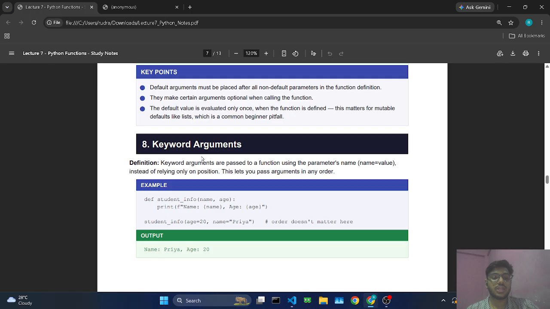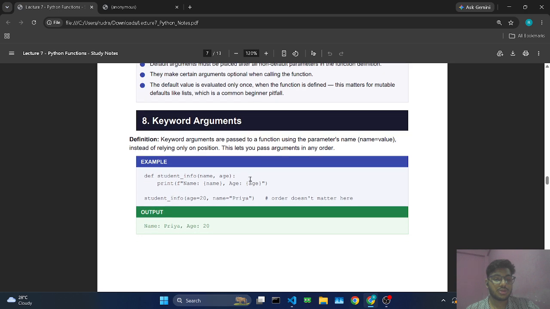Now, what are keyword arguments? Keyword arguments are passed to a function using the parameter name equals value. Instead of relying only on position, this lets you pass arguments in any order. For example, here,